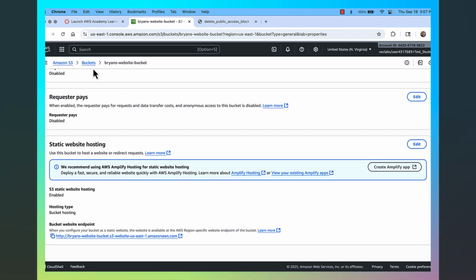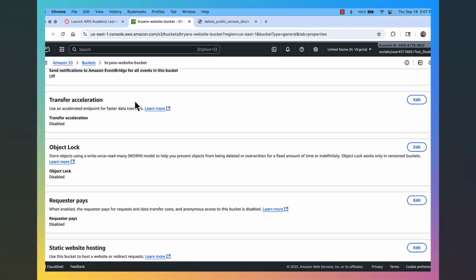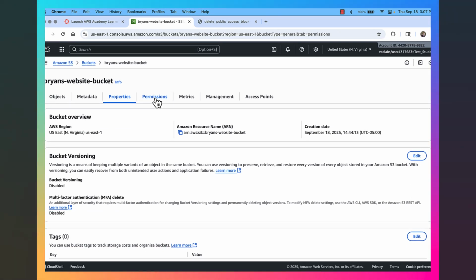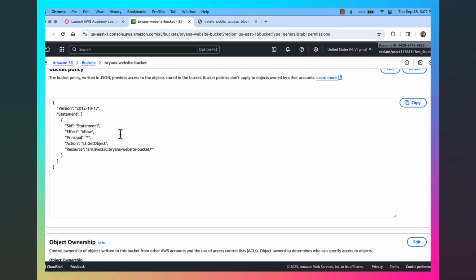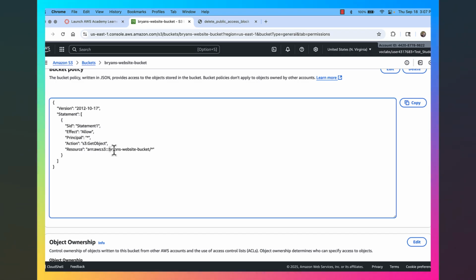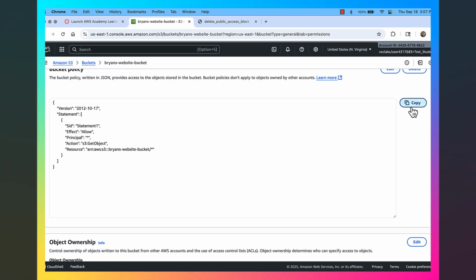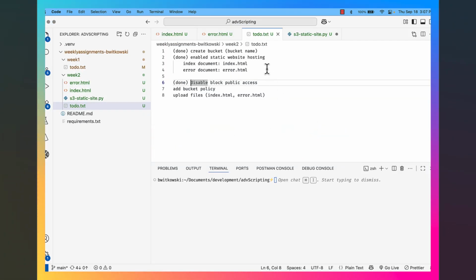So if I go back over to the bucket that I had set up in the previous video, under permissions, we have this bucket policy. I think everything in the bucket policy looks okay, except for the fact that I have a different bucket name than I do here. What I'm going to do is copy that policy,